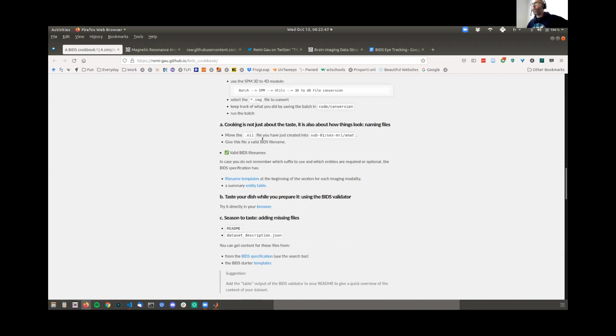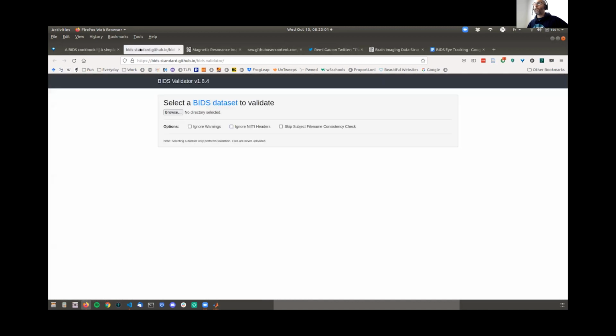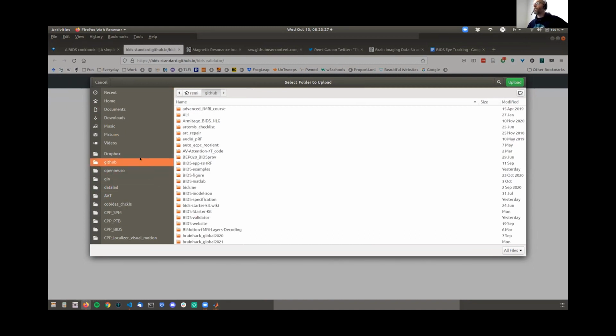The next thing you're going to want to do, and you're going to want to do that very often when you're dealing with BIDS datasets and you're creating them, is use the BIDS validator. It can run in a browser, or it can also run locally on your machine if you don't want to use the browser. It looks through your files in the BIDS folder where you're working and checks that the file names are okay, the folder structure is okay, and whether there's any file missing. So it's giving you feedback on how you're doing, if you need more stuff, or if you can add a little bit more of this, a little bit more of that.